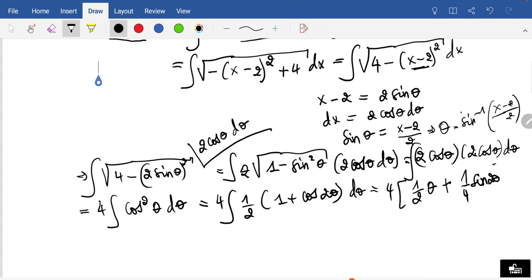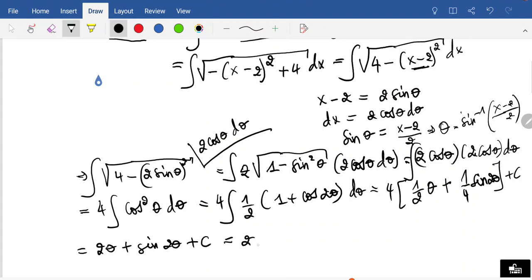And of course plus our constant of integration c. If we multiply in the 4, we'll have 2 theta plus sine 2 theta plus c,